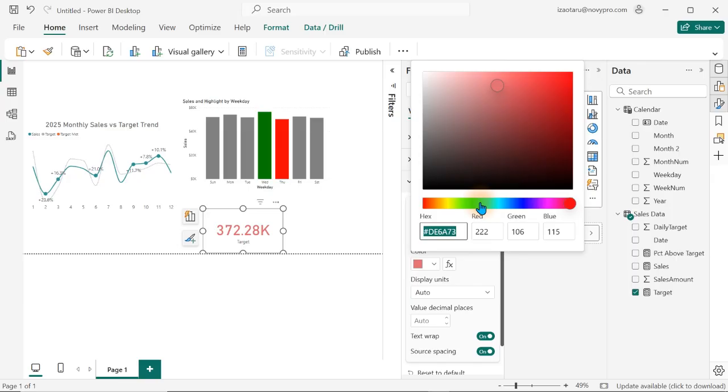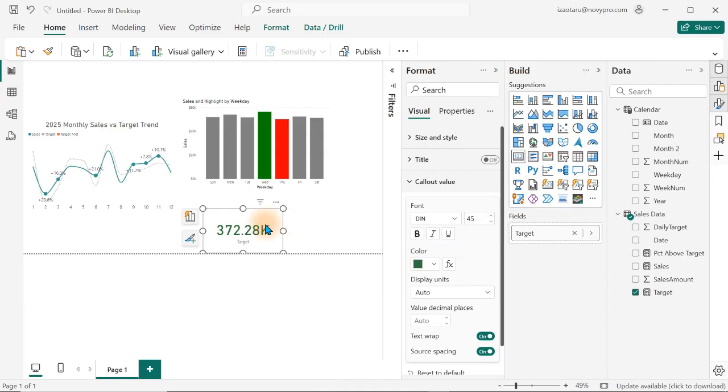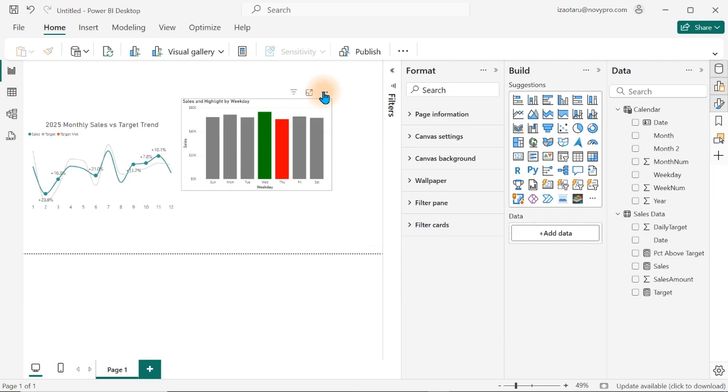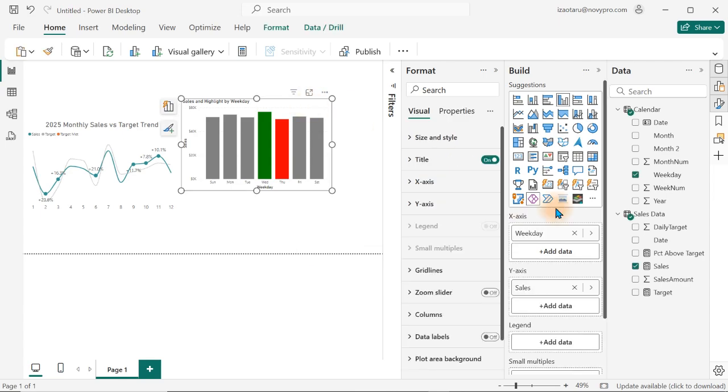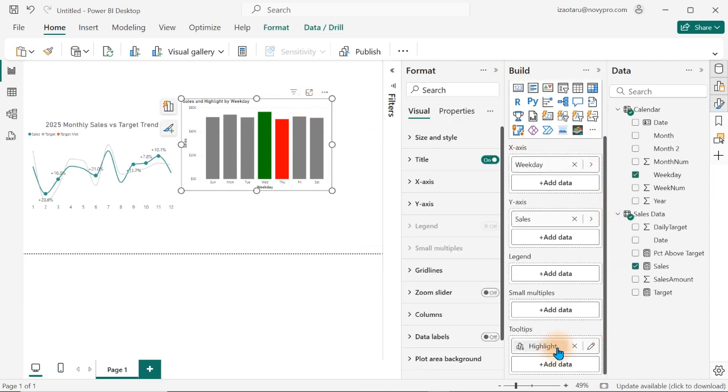Now we're going to select for green. The green part is going to be over here. So choose your green color. Select and copy this. So done, right? Okay. This one now is just a helper. We don't need it. So we just click back on this and quickly go back to tooltip